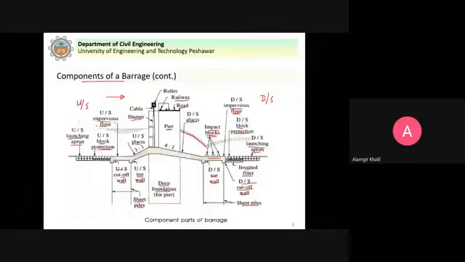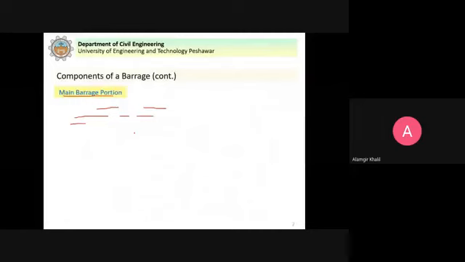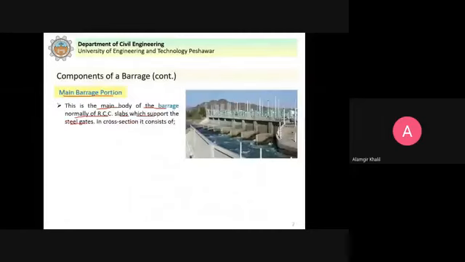You can see all this portion in this figure here: the upstream impervious floor, the glacis, the crust, the downstream glacis, and this is all impervious. So this is made of concrete, normally of RCC slabs which support the steel gates.